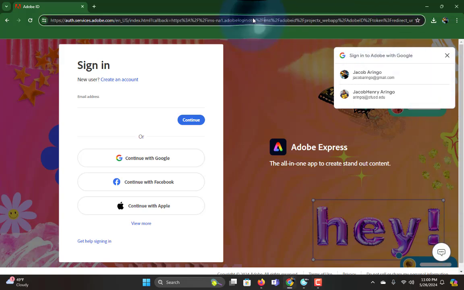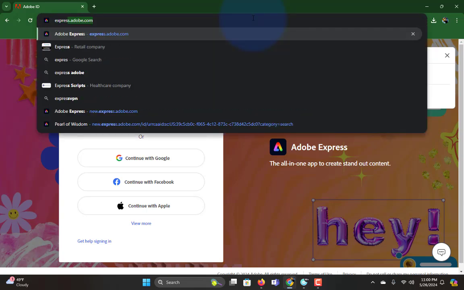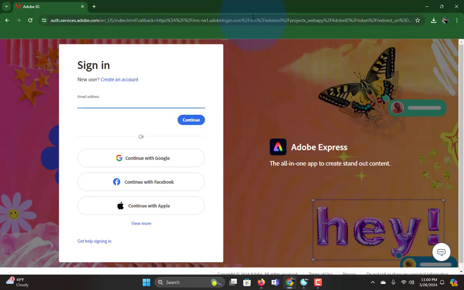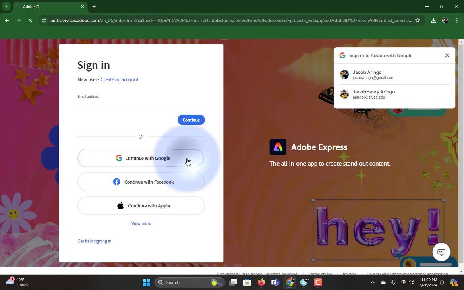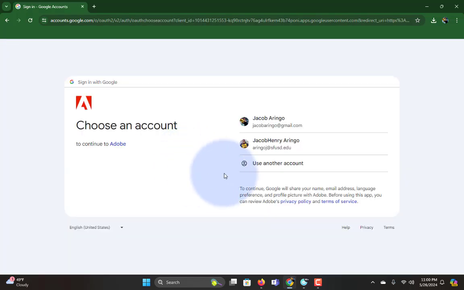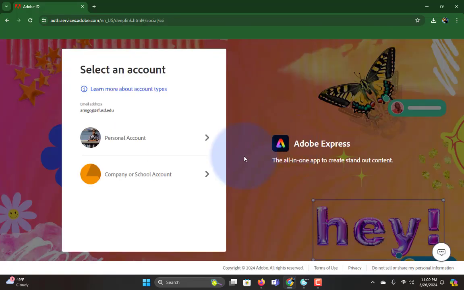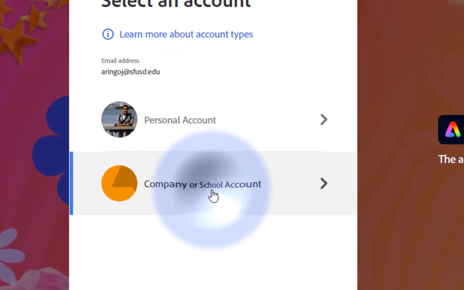The first step you want to do is go to our URL, express.adobe.com, and it will take you to this sign in area where you are going to be continuing with your Google account, and you're going to be using your s.sfusd account to create your video. Make sure you choose school account,